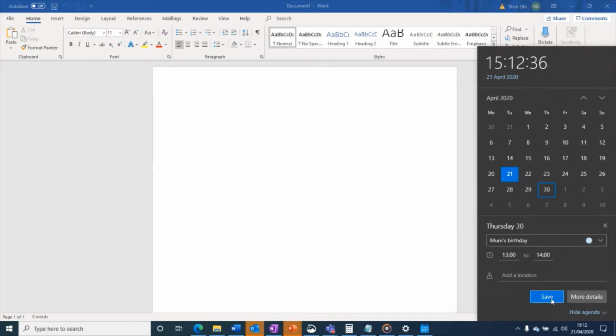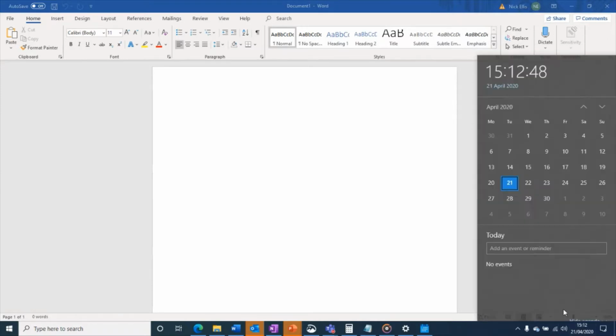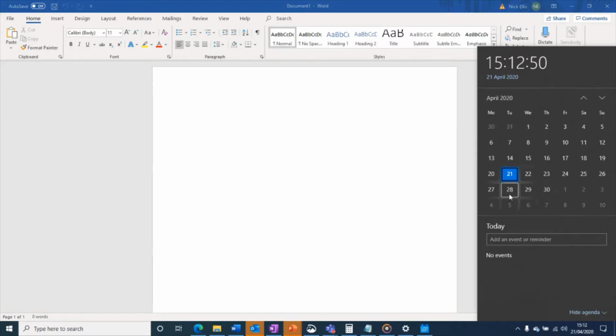That's going to go into the Outlook calendar, and then when I come there, so if you just need to drop something quickly into your Outlook calendar, you don't need to do the whole process now. You can just hit the clock down here,